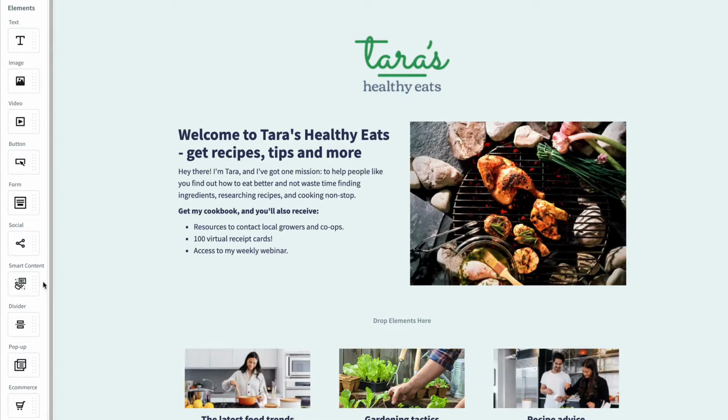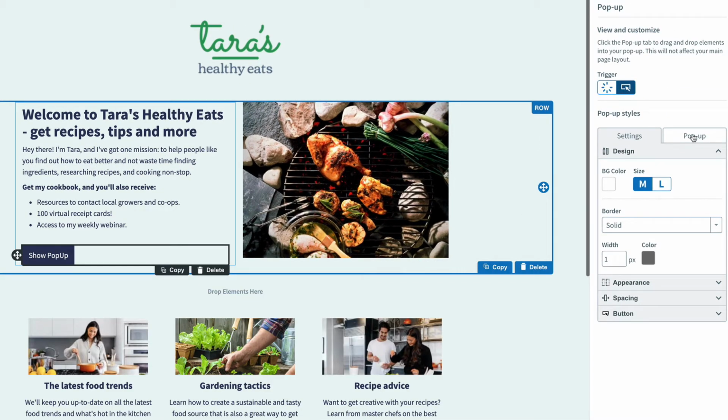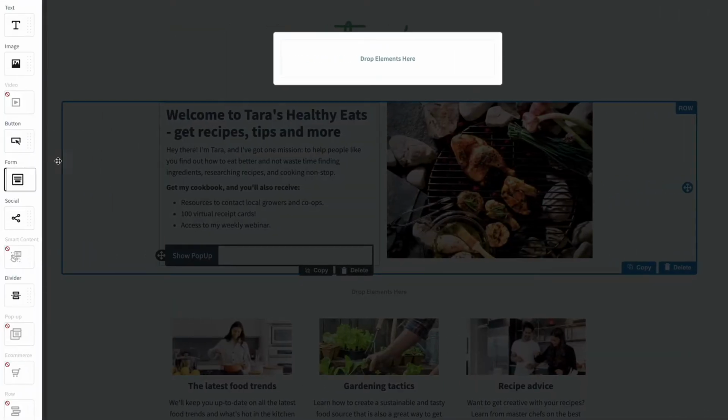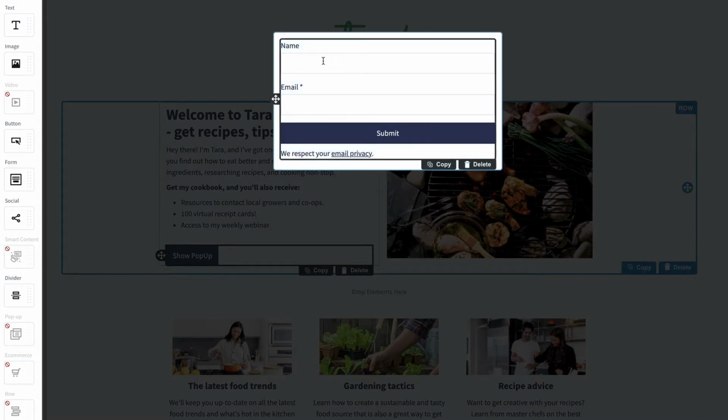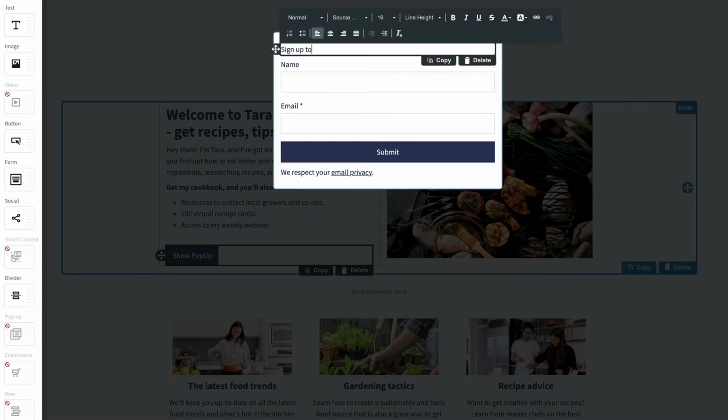I've got some exciting new things to share with you, like two-step pop-up forms and recurring subscription and payment plans. With two-step pop-up, you can add a button to your landing page, so anybody clicking that button will be presented with a pop-up. That pop-up could contain a form, an image, a video, text, and more.